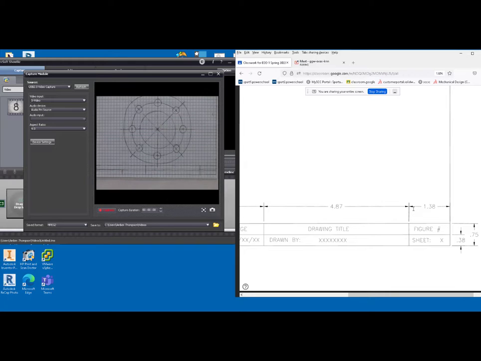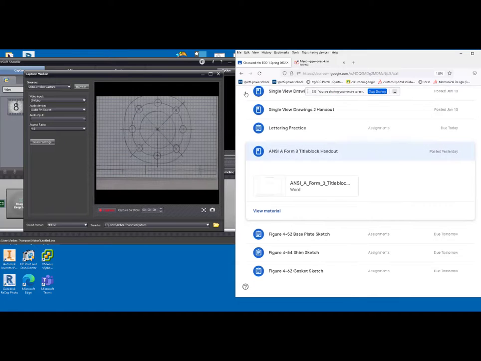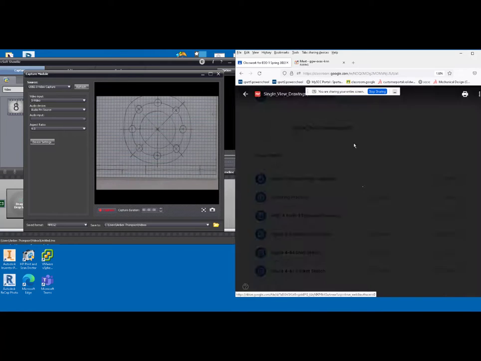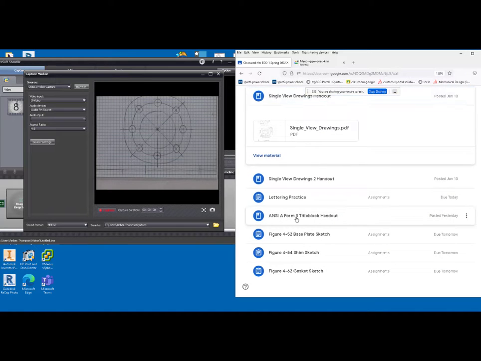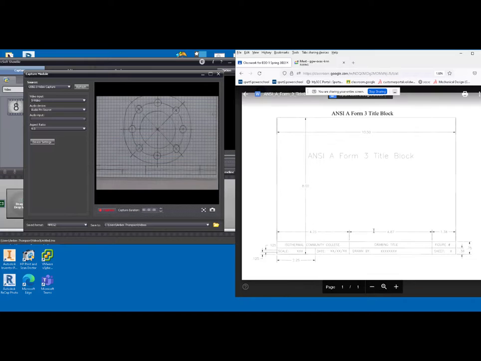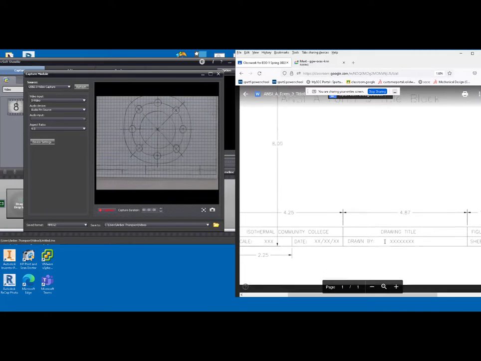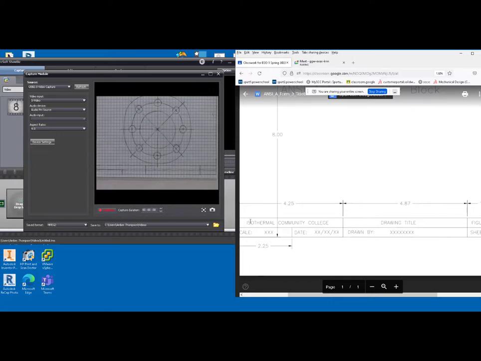So our drawing title, if I toggle back over here in Google Classroom where the drawing was, we can see that the drawing title is Gasket. So that drawing title is what we're going to put in the title block here. So going back and looking at all the things that we need to fill in, this will be the school name, this will be the drawing title. So here we're going to put Gasket,